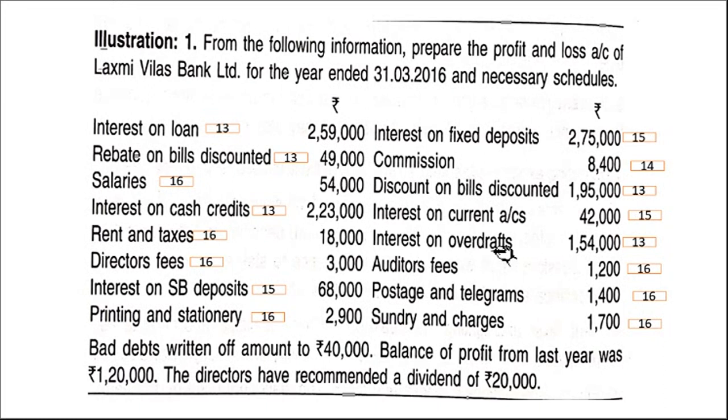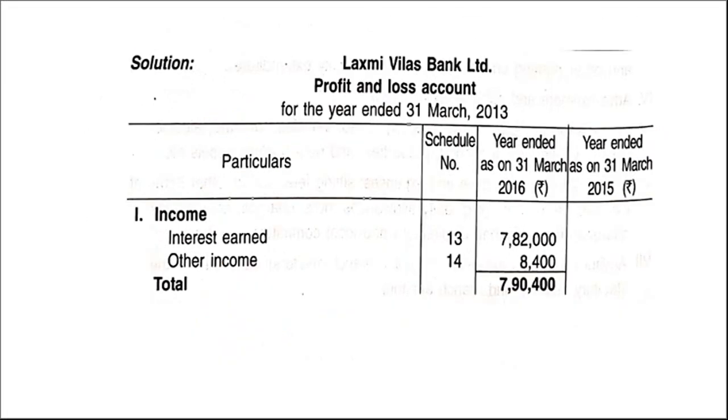Students, here there is a question usually: interest on overdraft, whether it is interest earned or interest expended. See, overdraft is a facility where a businessman withdraws more money than whatever he has in the account. So it is an extra service given to the account holder, and the bank charges interest on how much extra amount he has withdrawn. So interest on overdraft is interest earned for the bank. Clear? Okay, let us work out now.